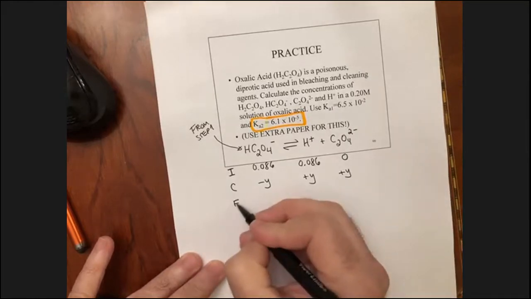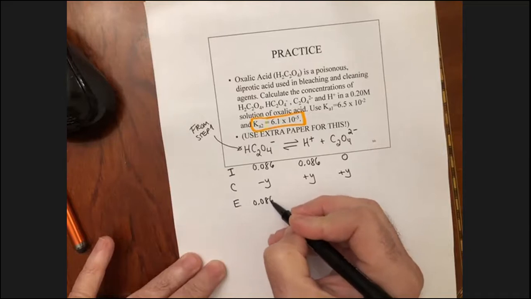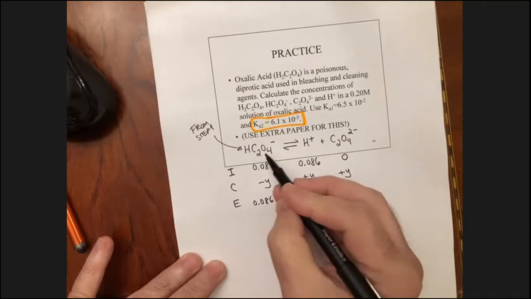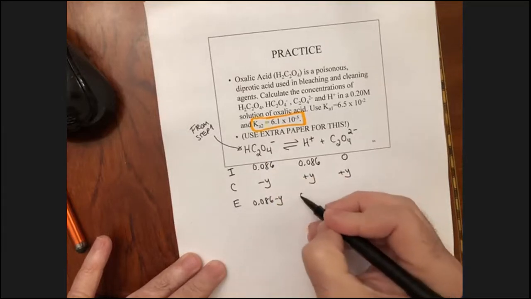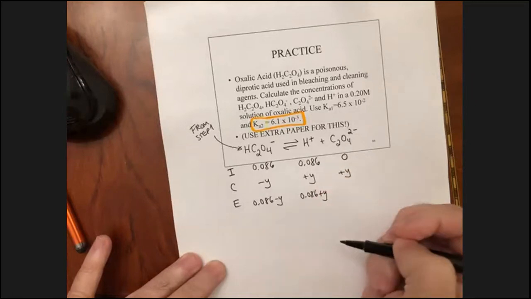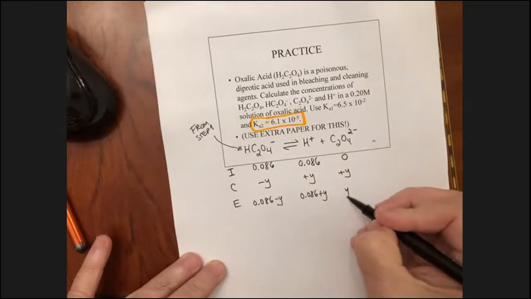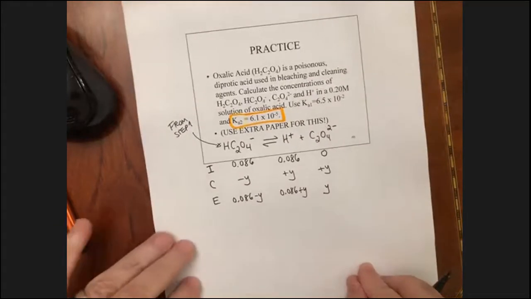And we're going to end up now with 0.086 minus Y molar in this hydrogen oxalate ion, 0.086 plus Y molar in hydrogen ions, and Y molar in oxalate ions. All right, so again,